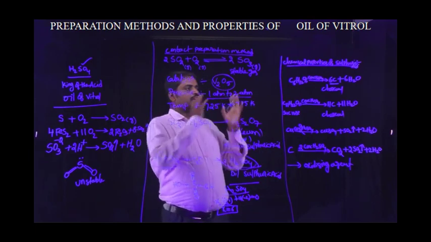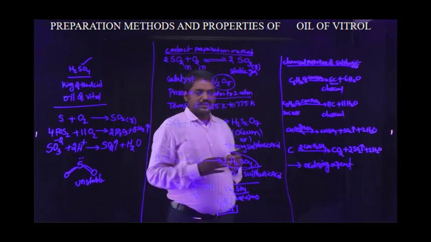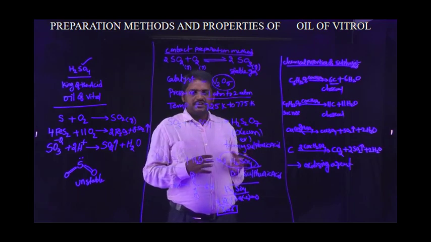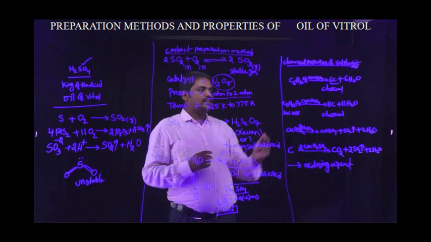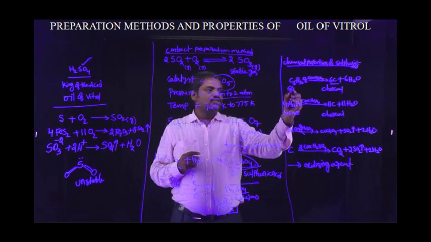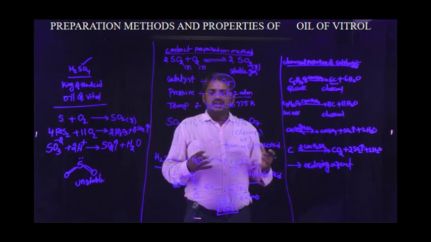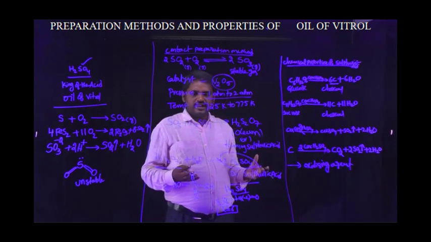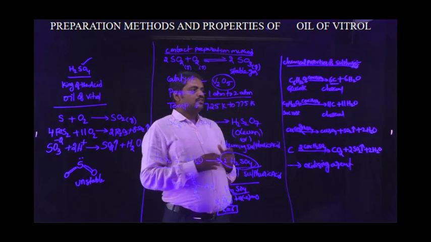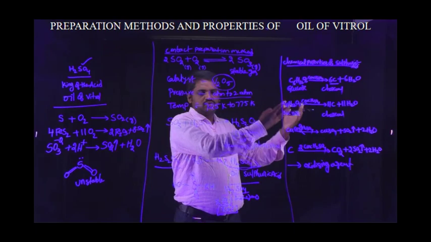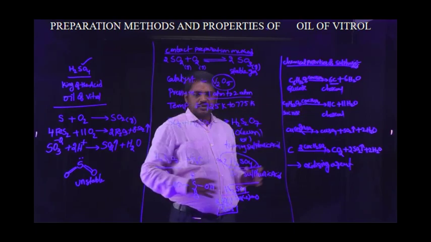These are the chemical properties of sulfuric acid. Once again, to repeat the chemical properties of sulfuric acid. First one, carbohydrates like glucose and sucrose. These two molecules belong to carbohydrates. They react with concentrated sulfuric acid and are converted to charcoal, pure carbon, and water molecules are liberated.